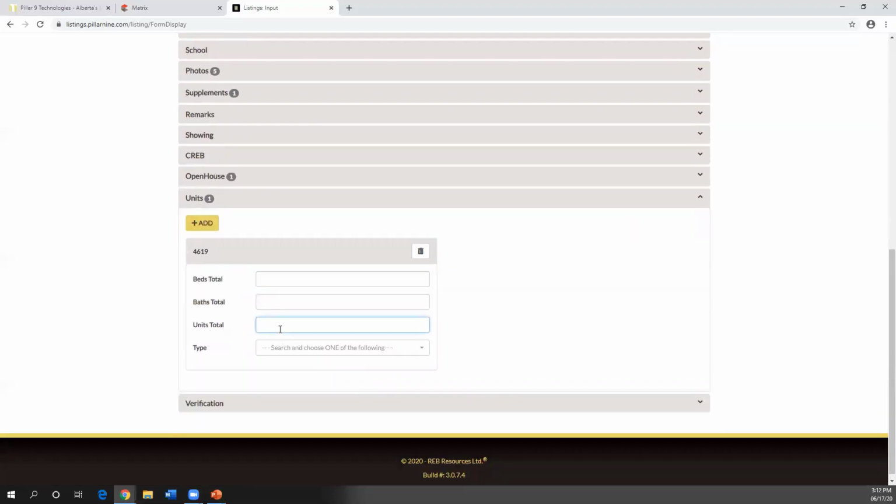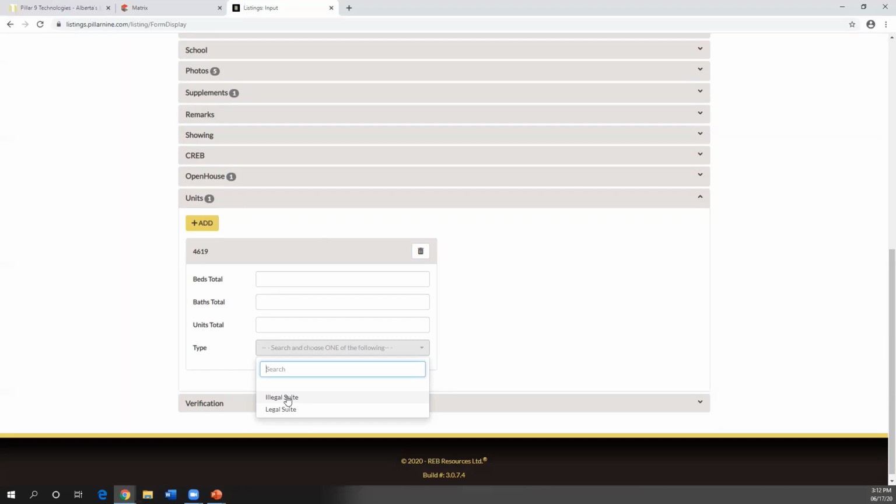It might just be one if it's a basement suite or whatever. And then, is it legal or illegal? As always, the guidance on this legal or illegal comes directly from REX. REX doesn't appreciate the terminology of conforming versus non-conforming, or grandfathered, or mother-in-law, or these types of things. And that's why you see your only 2 choices there with respect to the legality of the suite: it's either